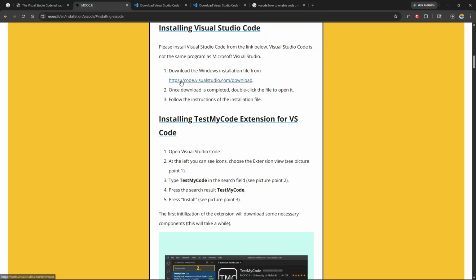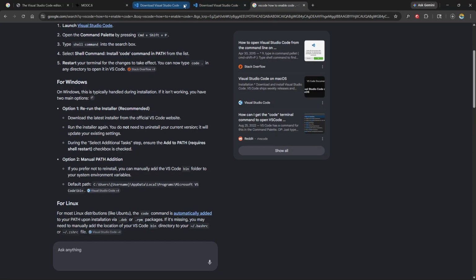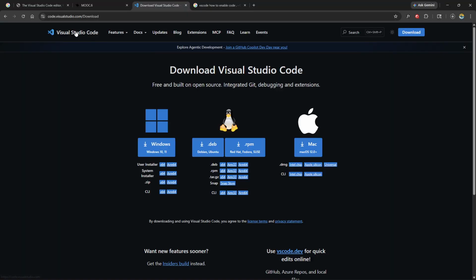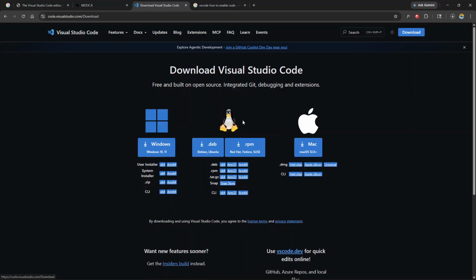When we click this, code.visualstudio.com/download, that's where it takes us. So that's how you can get there from the Visual Studio Code homepage. Click Other Platforms below the download button. It's going to take you here. Download Visual Studio Code for other